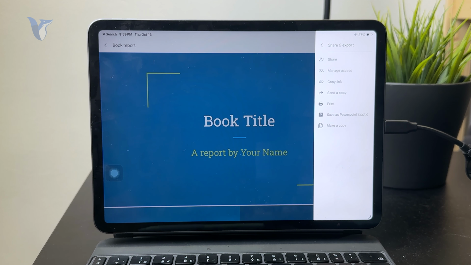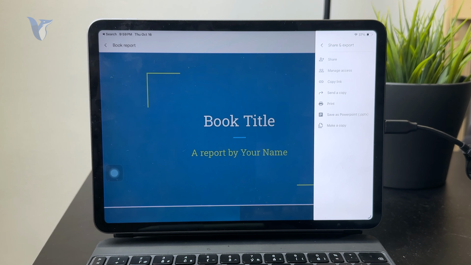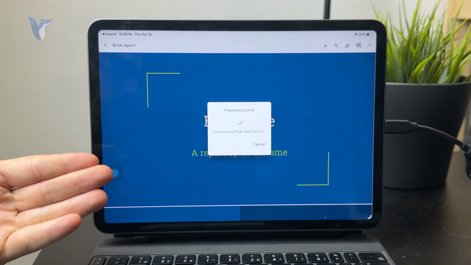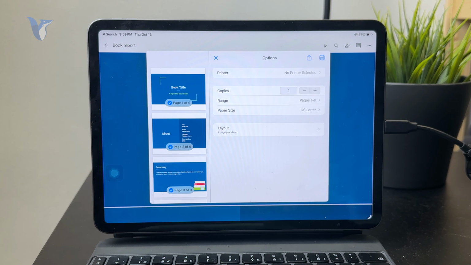Now, obviously, you're going to notice that we can save it as PowerPoint, like the PPTX file, or share it over the internet, but there seemingly isn't any PDF section. But this is not the case because you can click on print and it's going to prepare it for the print. Obviously, we're not going to actually print it, but since now we are inside of this format, we can